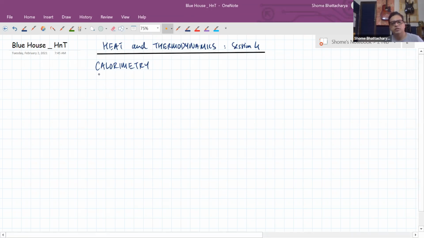Calorimetry is the subject that has to do with the relationship of heat versus temperature for a given material. So if you look at the relationship between heat supplied versus temperature for a given body or material,